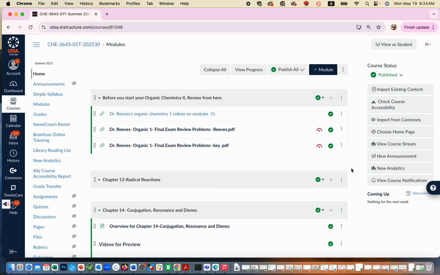So at this moment, when you go in, you see all these modules. That is not what we want. So we have ability to choose the home page. So when students click into this course, they will see that page. So the button right here on the right side is allowed us to do so. We will click on the choose home button,